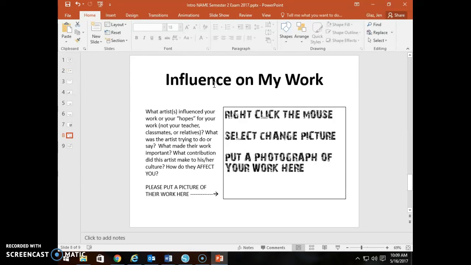Someone that you look at, and this is a visual artist. We're not talking about musicians. We're not talking about performance artists. We're talking about you finding an artist, not your teacher, not your classmates, not your relatives, not your best friend. Yes, they may inspire you, but I'm looking for you to actually research someone a little bit and be able